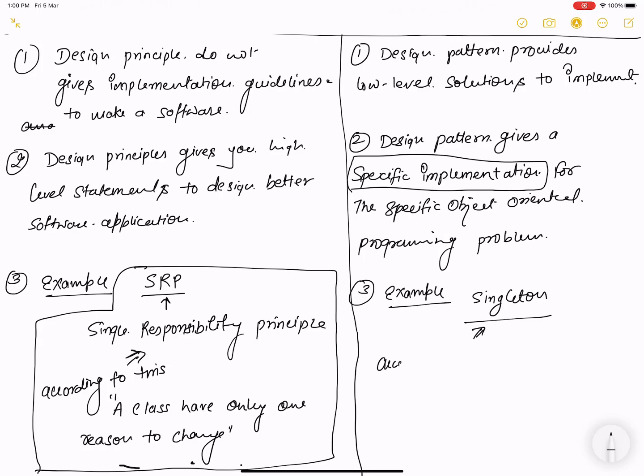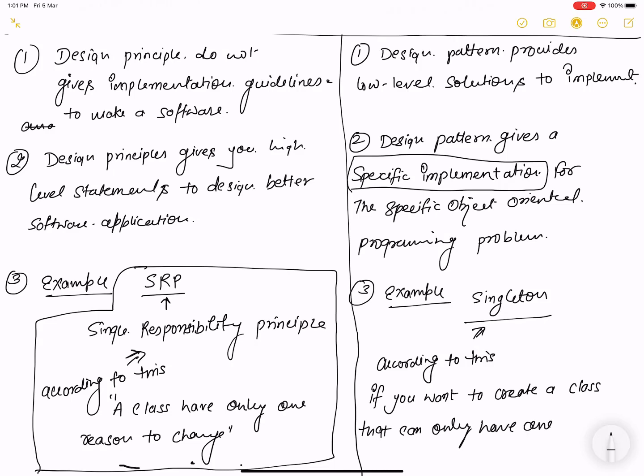According to the singleton, only one instance of a class exists at a time. If you want to create a class that can have only one instance, one object, at a time, you use it.